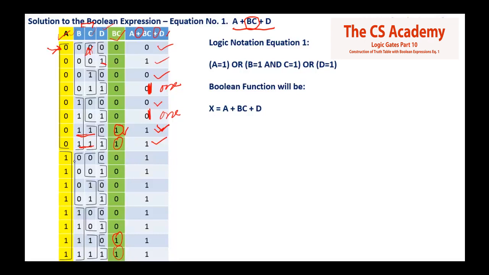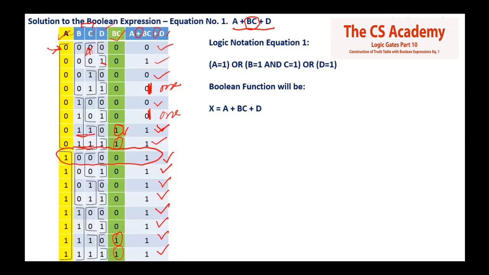Now this A is 1. See, this A is 1. That is why you see in all the cases A becomes 1, and now this series of 1s will be continued until the last value is filled. So A is 1, correct. A again is 1, A again is 1, and so on. This also 1, right? So this means that all the values have been ORed, A plus BC plus D. So these are the columns where you can see the values. So this way the truth table is constructed.